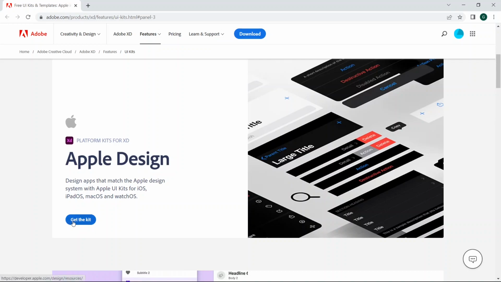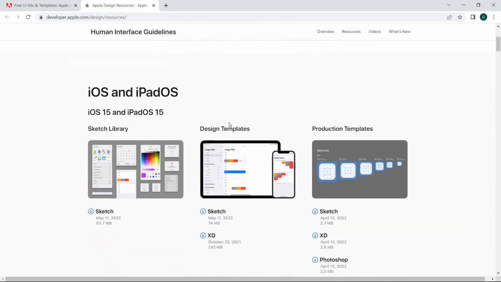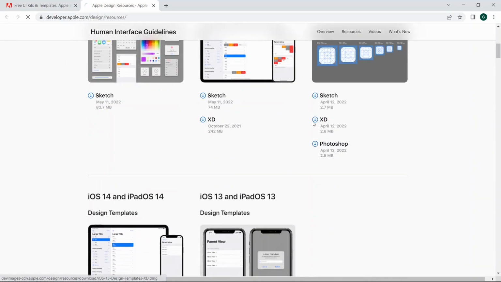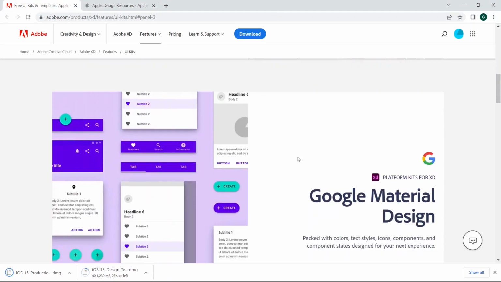So let's get the kit of Apple Design Resources, and with these resources you can design apps quickly and accurately by using Sketch, which is an Apple program, but you can also use Photoshop and XD. So we will download the XD files, and we can go back to this web page and download, for example,